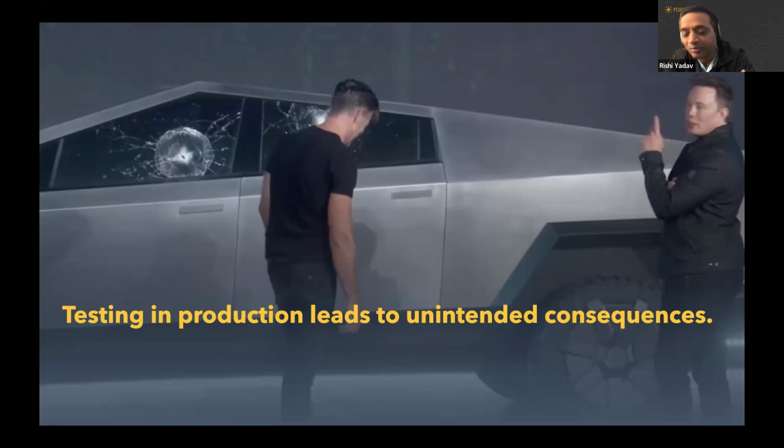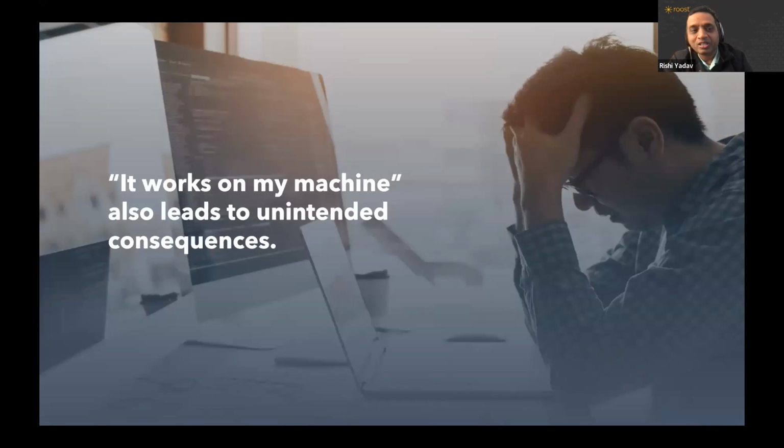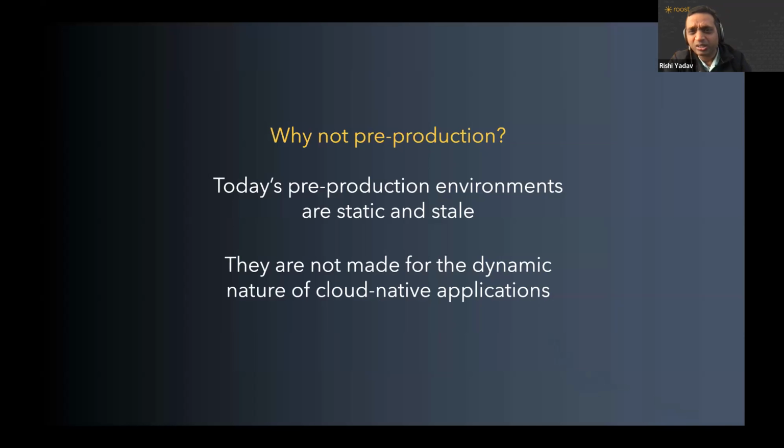Both paradigms are good, if not taken to the extreme. And you did see what happens if testing in production is taken to the extreme. There's another paradigm, and that is shift left, right? That's also being talked about a lot, to the level of abusing it. And you'll say, Rishi, why are you not talking about pre-production here? You're talking about production, you're talking about development.